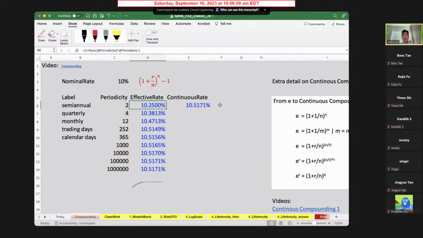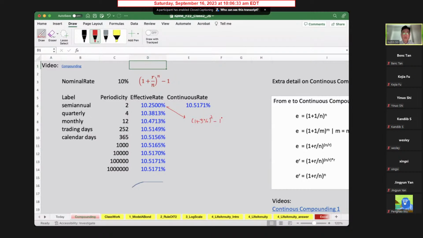So basically, this is the same formula as I showed you earlier. This is basically 1 plus 5% to the power of 2